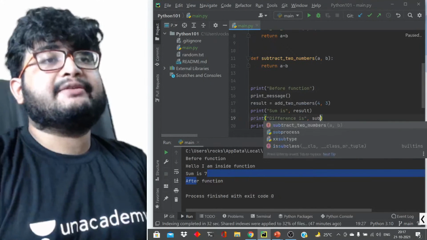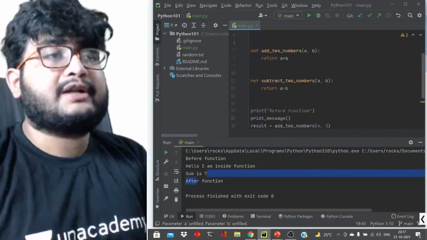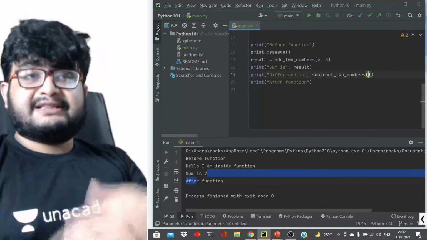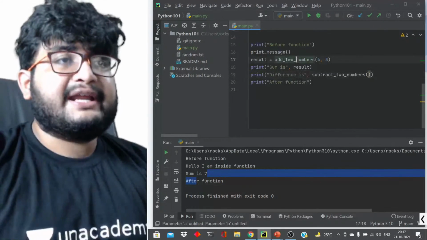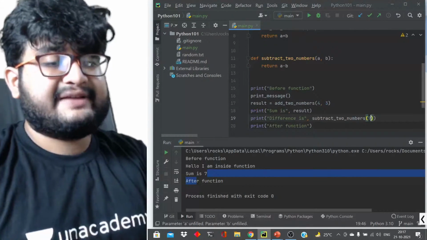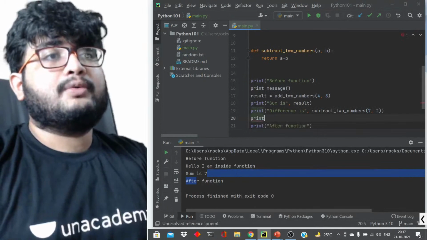We can directly call the function here as well, right? We do not need this intermediate result. But if you want to do something with this summation value, it's better to store it in another variable, right? So subtract two numbers. I will write here 7 and 2, and I'll also do one more line, print